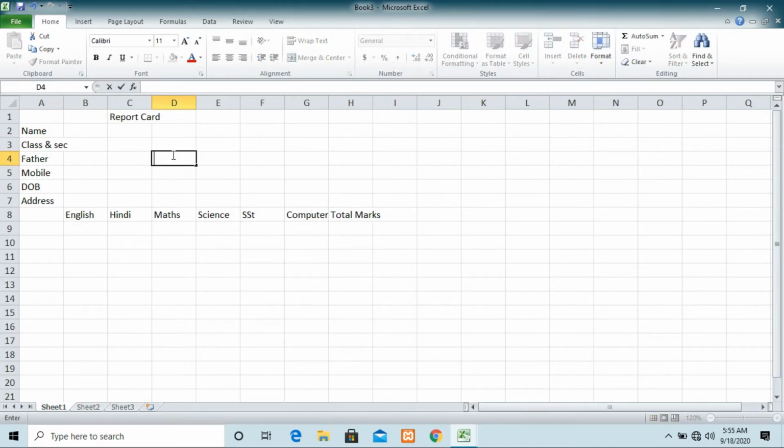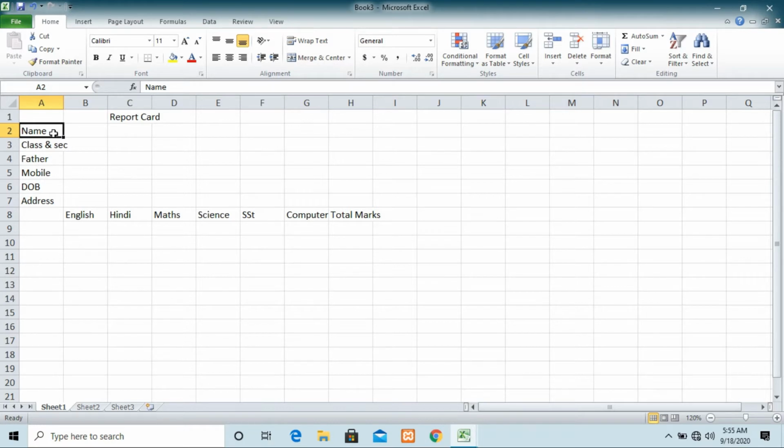Now here is what I want to say. Suppose in a cell I want to write something just after the name. If I click there and start writing, then the previous content will be deleted. So if you want to write something after the name, you just double click on that cell.